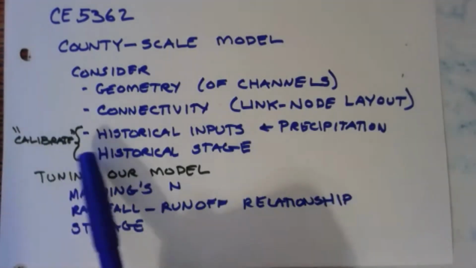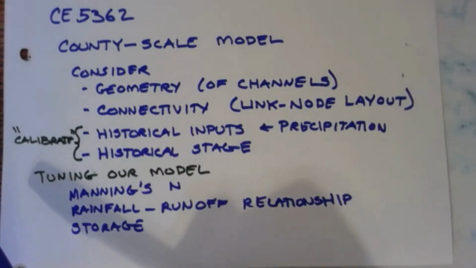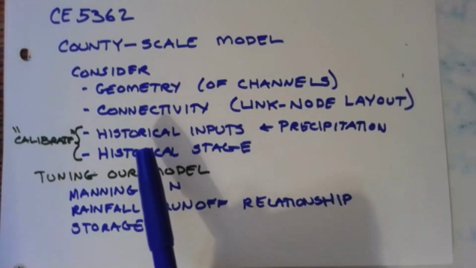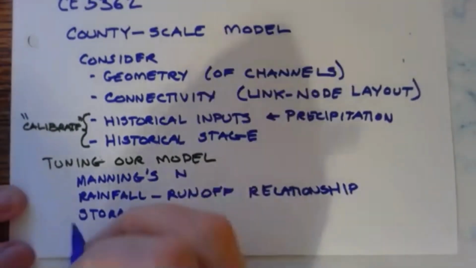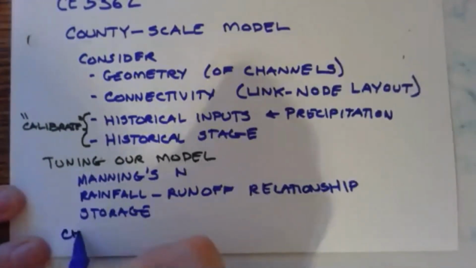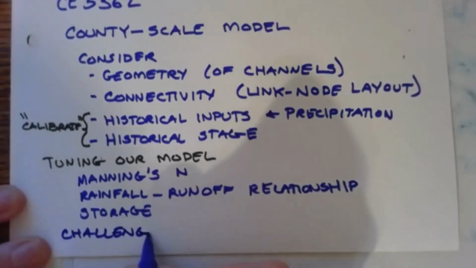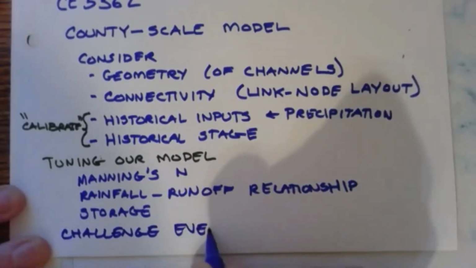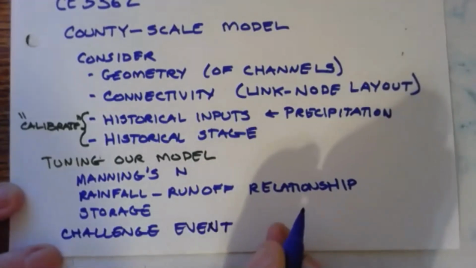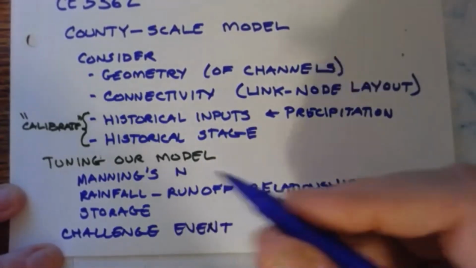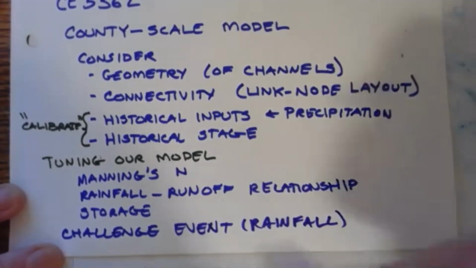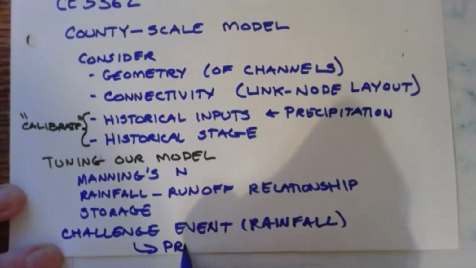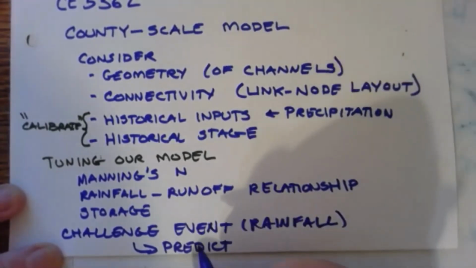So let's suppose we go through that and we get it to the point where we're comfortable that for our historic inputs, we get a reasonable representation of historic change. Now our model has some utility to it, and we would give it a challenge event. I'm using fancy words on purpose. Essentially, we do the what if that we're actually really asking. In the case of that particular example, it's rainfall. And we're trying to predict the response,